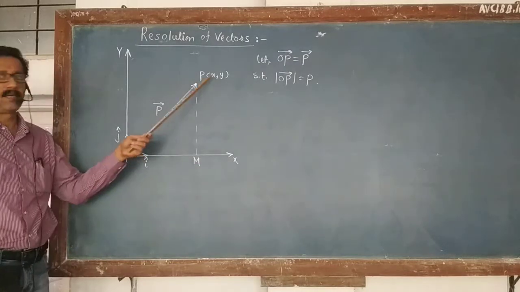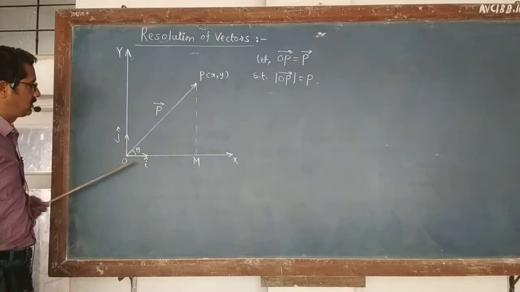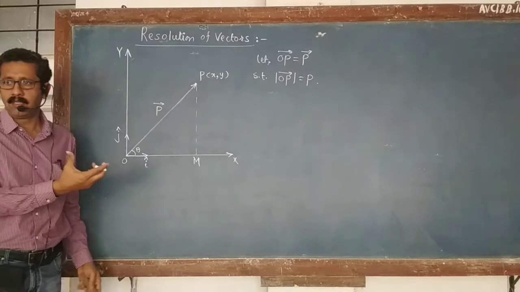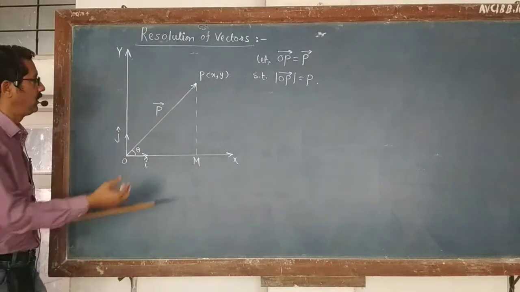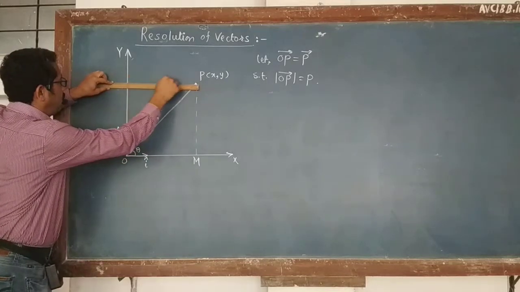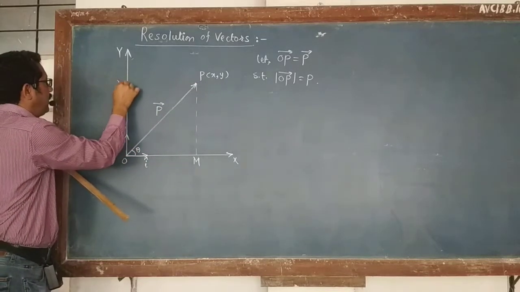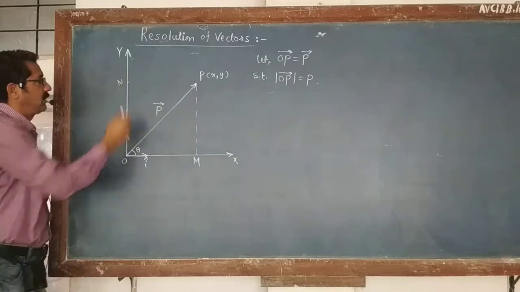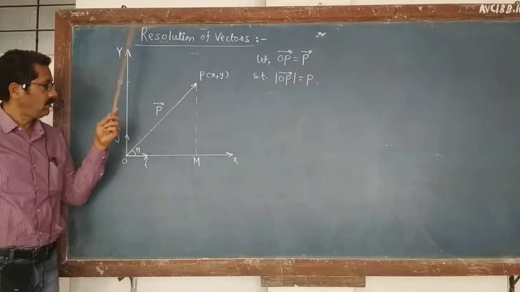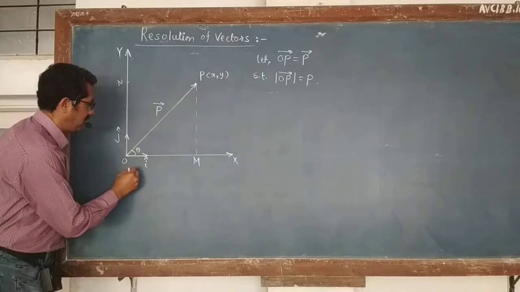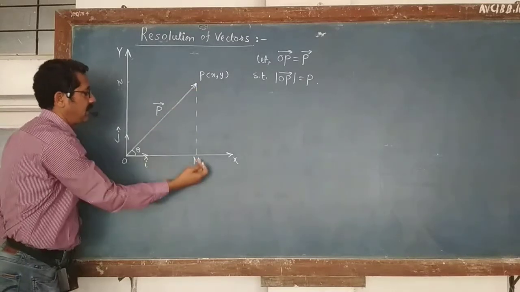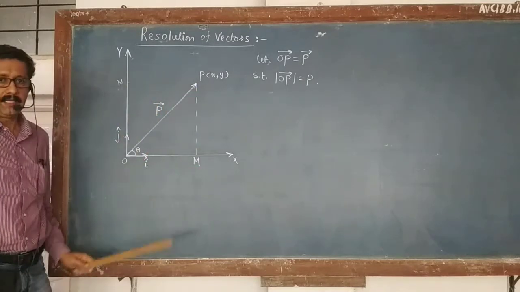If these coordinates were x, y, this distance O to M will be equal to x. That's simple coordinate geometry that we know. And if I drop a perpendicular from P on my y-axis, and the foot of the perpendicular lies at some point called N over here, this ON becomes equal to y. Is that alright? So I find that this OM is equal to x and this MP is equal to y in